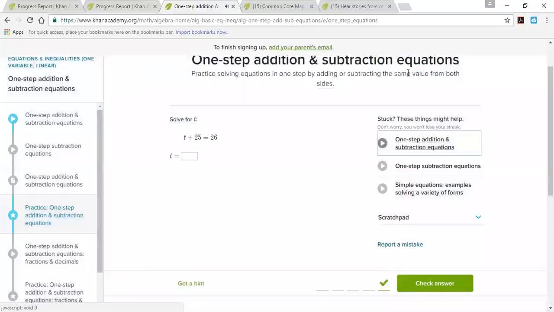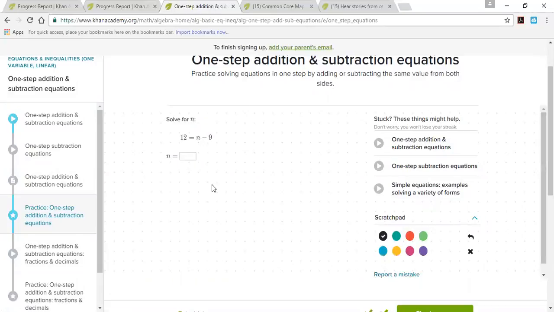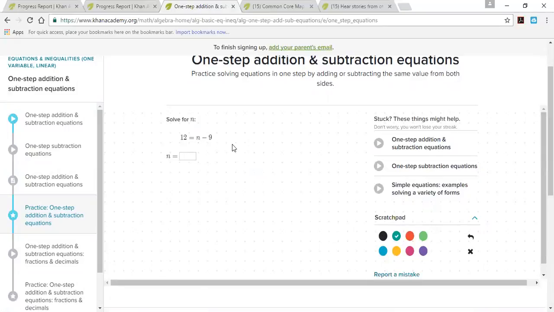All right, so then using that, they can go back to the problem and solve it. Another great thing they have here is a scratch pad. So if they need to show some work, if they want to set up their equation,